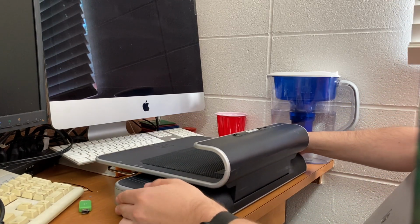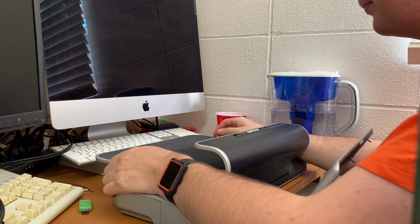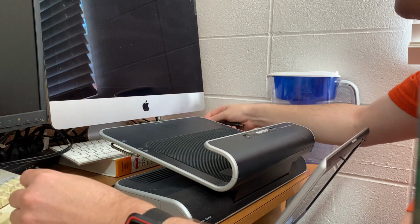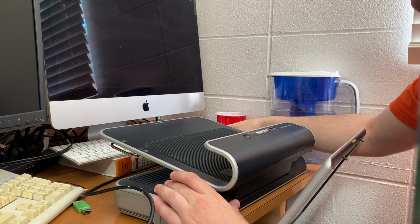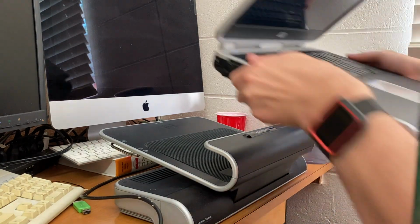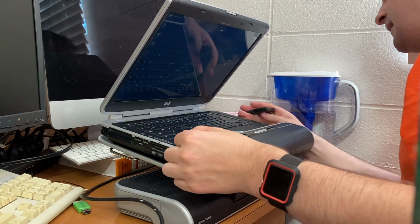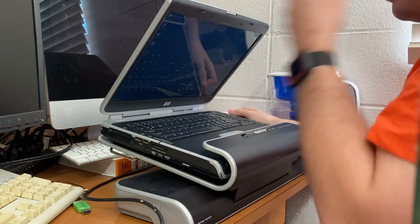And this is quite the setup, I tell you what. This would mainly be if you had a larger desk, if you haven't noticed. And this would basically act as your desktop replacement, so to say. So let's go ahead and plug the power into this thing in the back, and there we go. So now the dock has power, and now we can set the laptop inside the dock here and plug in its cable. In this case, it's on the right-hand side, and once we do that,